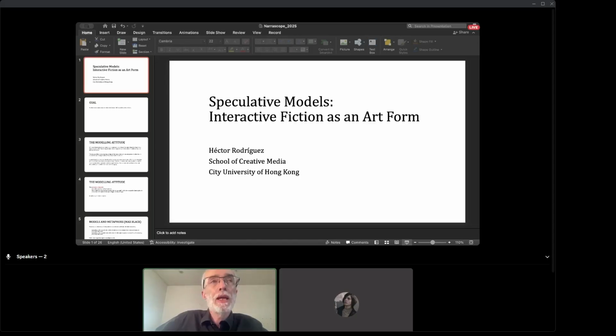In the full version of the paper, I have a long discussion about how we think about agency. I'm not going to go through everything here since the paper is online, but just to say that agency is not a single homogeneous concept. And by making models of agency, we can expand how we think about agency.